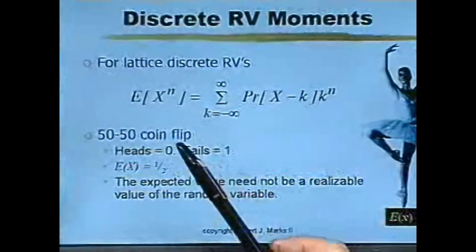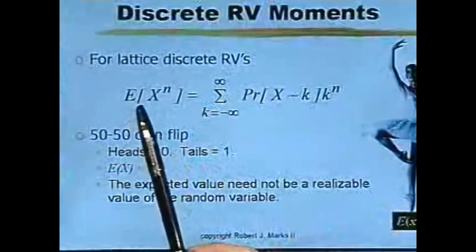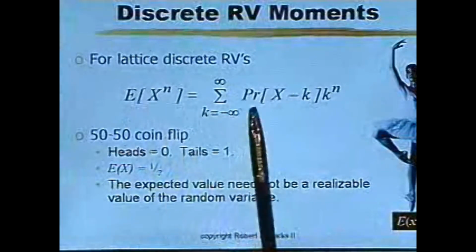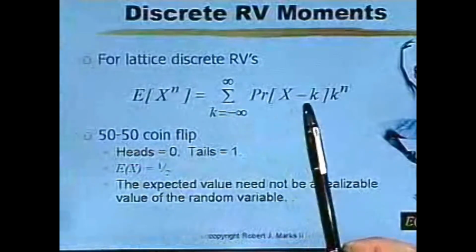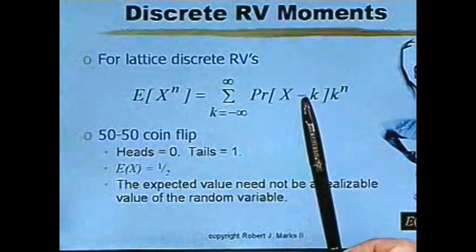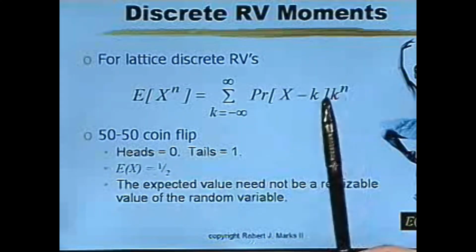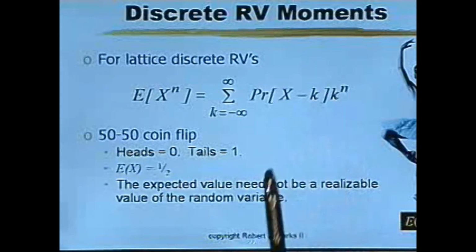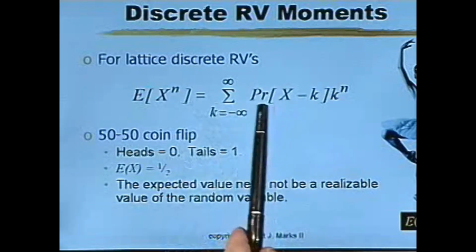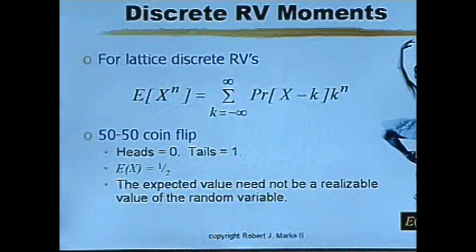For lattice random variables, the nth moment, the expected value of x to the n, is equal to the probability mass times k to the n. This, by the way, should not be a minus sign. It should be an equal sign. I'll try to remember to correct that and put it on the web. What's interesting about the mean is that it need not be realized in the actual